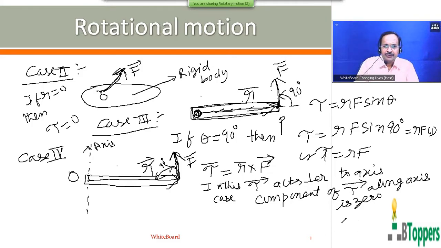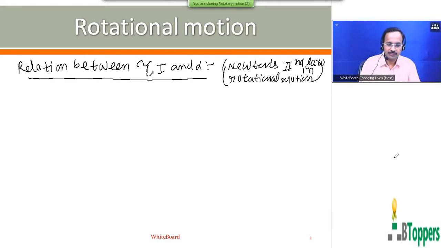So here, next I am going to discuss the basic equation of motion for a rigid body in pure rotational motion. You can call it Newton's second law for a rigid body in pure rotational motion. Let us consider a rigid body performing pure rotational motion about a fixed axis. It may be under the action of several external forces, or you can say several external torques may act on the rigid body.